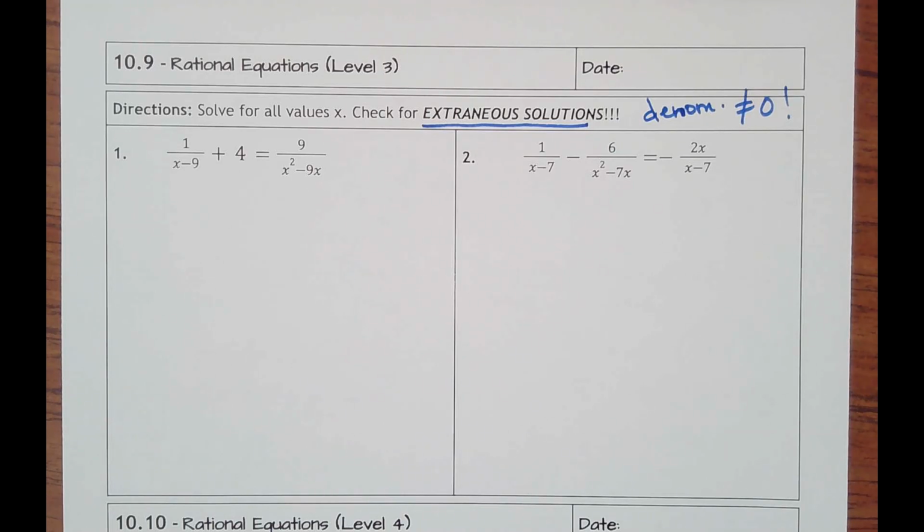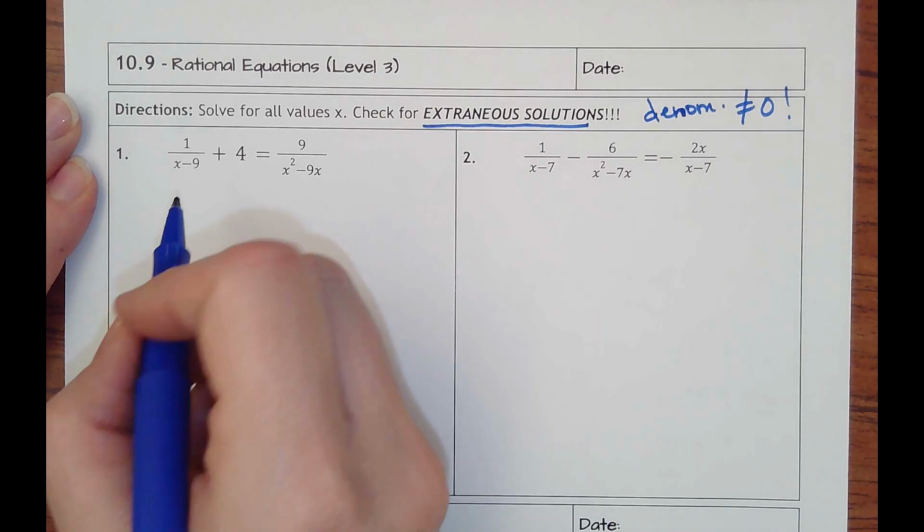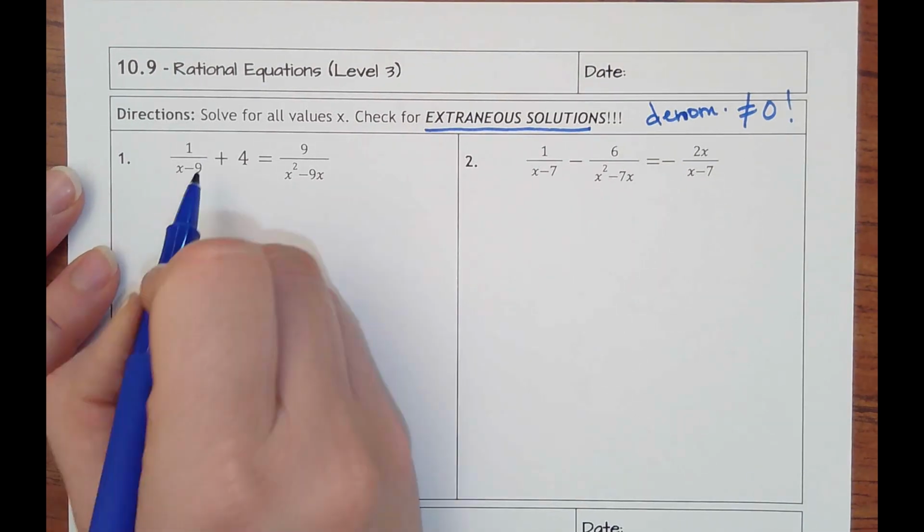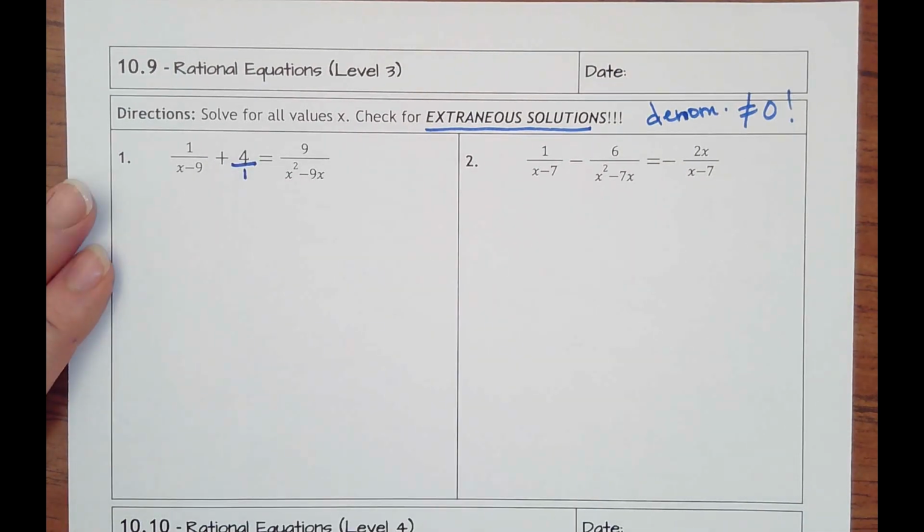Lesson 10.9 is rational equations level 3. Remember to check for extraneous solutions that don't work because the denominator cannot make 0. On these level 3s, you're going to have to figure out the least common multiple in a slightly different way. You have to make sure all the denominators are factored first. So that's step number 1: factor